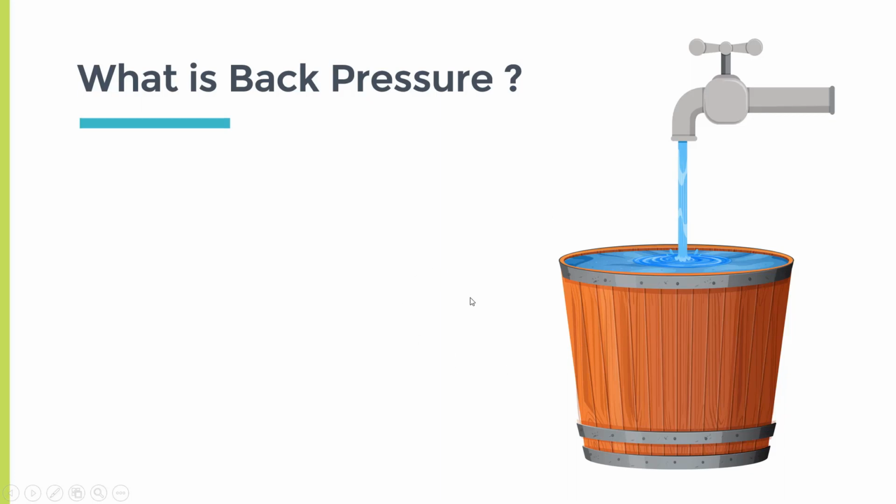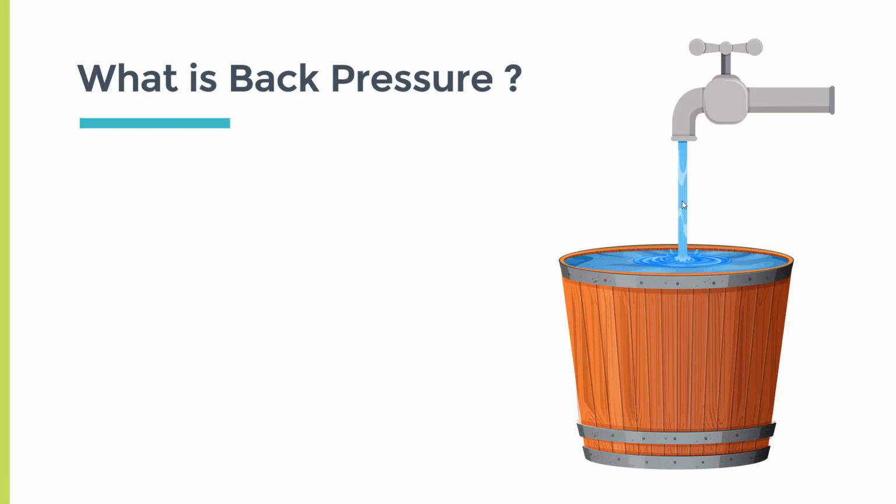So the person has the capability that either he can completely stop this water flow or he can increase or decrease the flow of this water. So the receiver, basically the person, has full control over the source, how much he or she wants. If the receiver is out of resources, basically out of buckets, then he will stop it or he will slow down the flow of this water. So this is back pressure with a real world example.